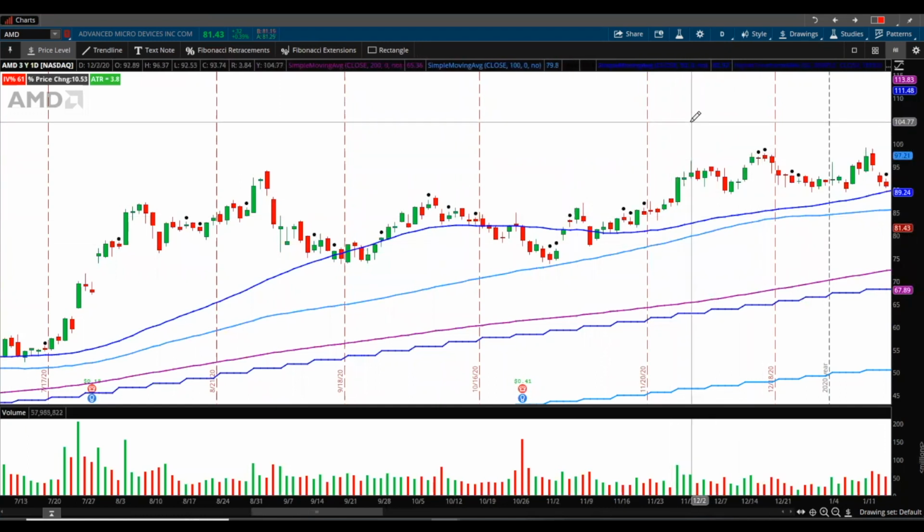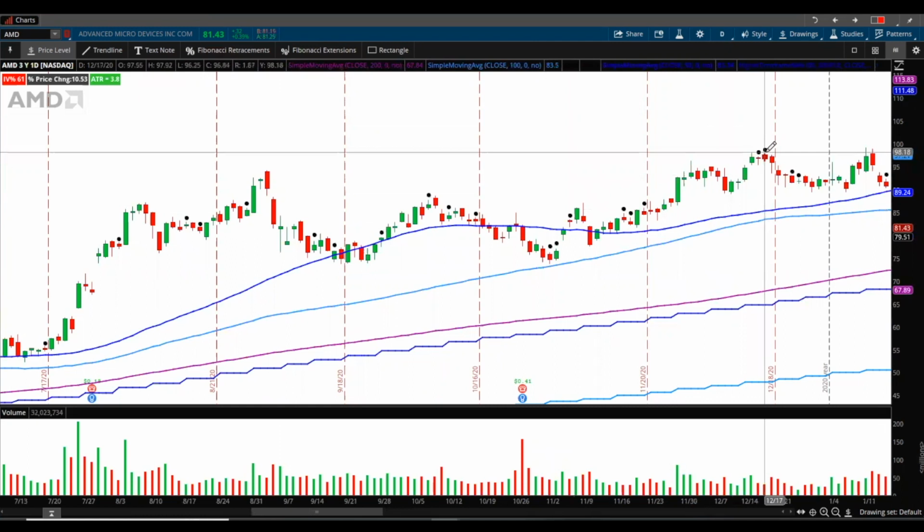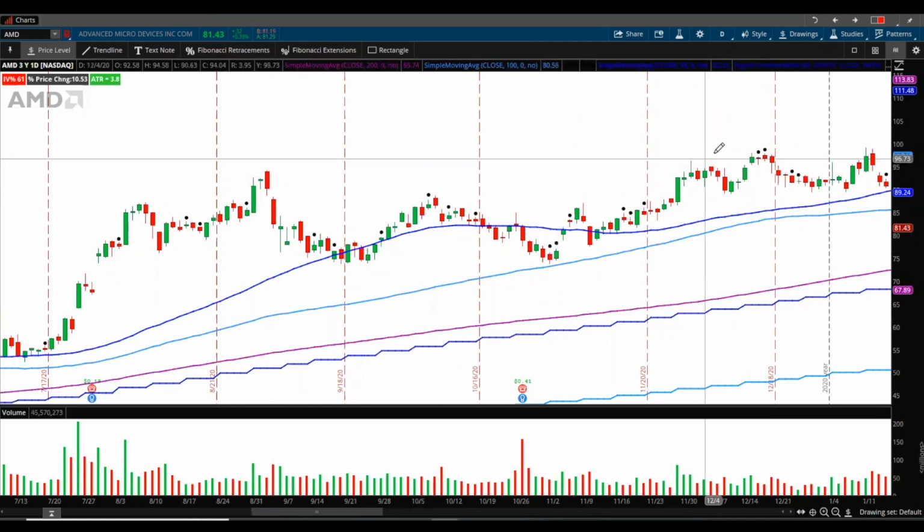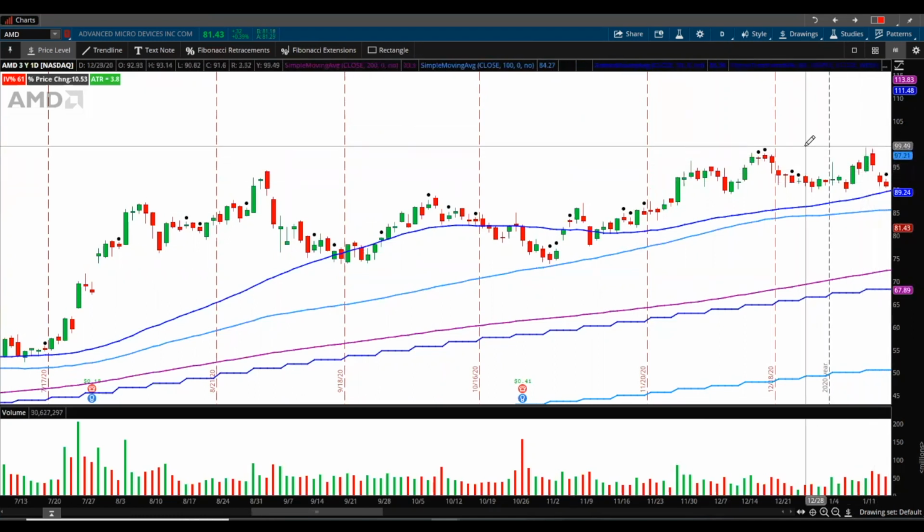So if I'm watching AMD and I see that this found this double bottom, got up here, made a new high compared to this point over here, retraced, came back up, made a double top, and then it's now looking like it's going to pull back,